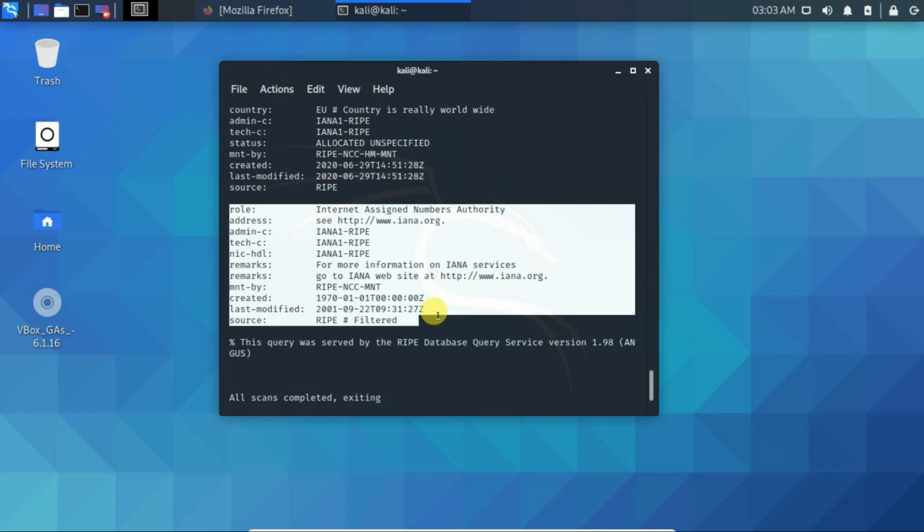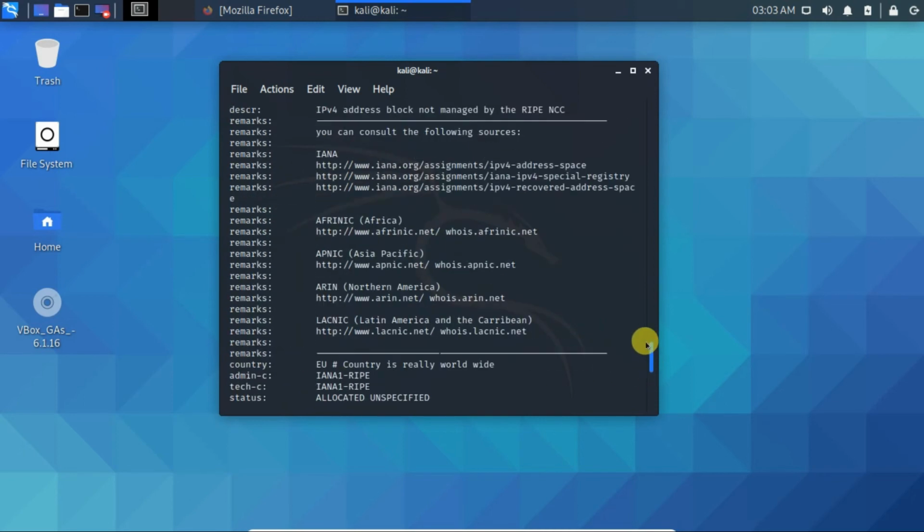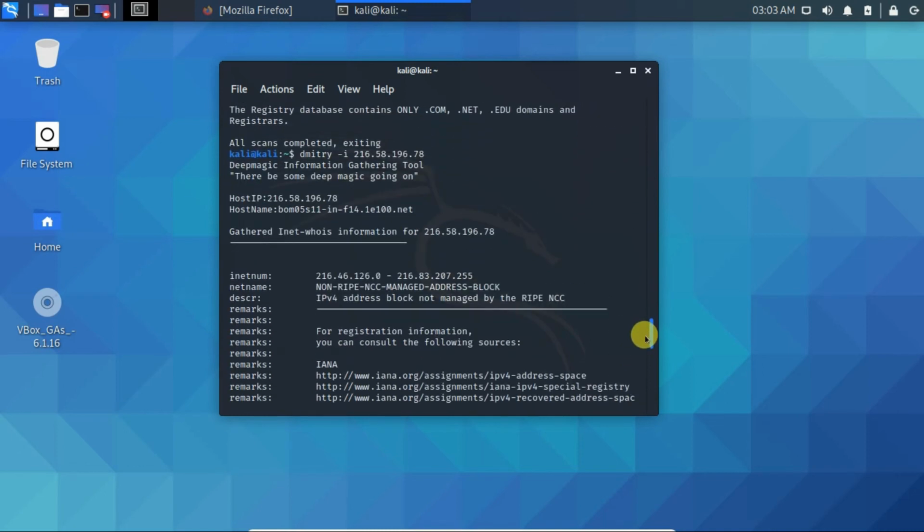But other things can be useful, like where this particular IP address is operating. And even the range of IP addresses could be useful in certain cases.